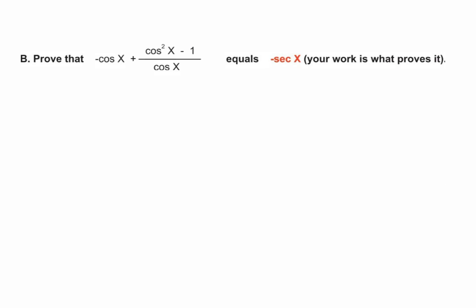Last one, can you prove that? So we'll spend the last part of time here. Can you prove that negative cosine x plus cosine squared x minus 1, divided by cosine x, equals negative secant x? See what you can do in the next couple minutes. All right, time's about gone, so